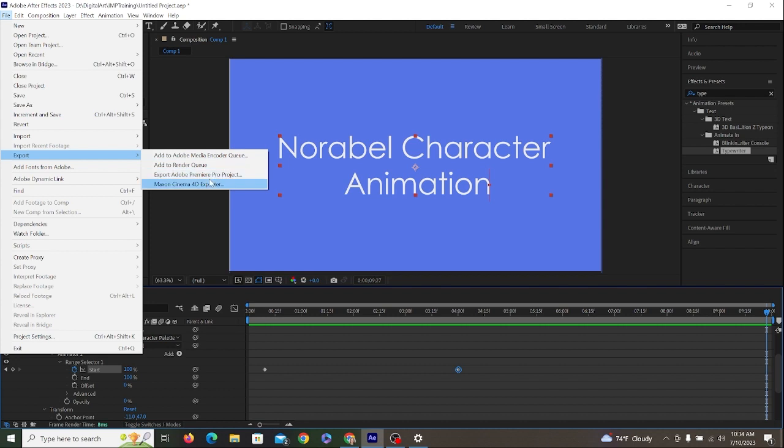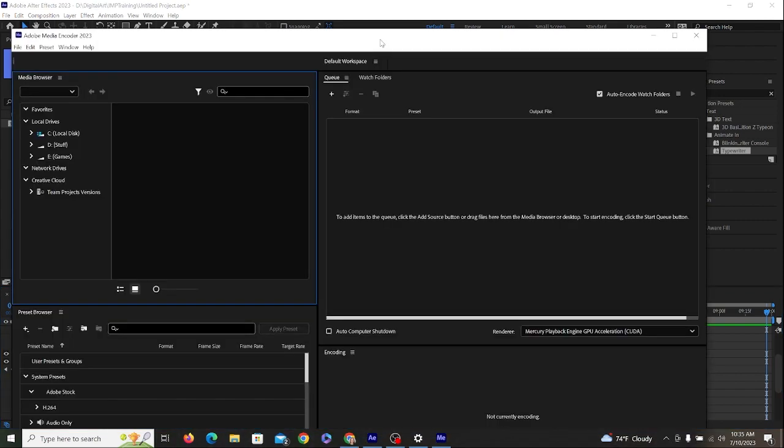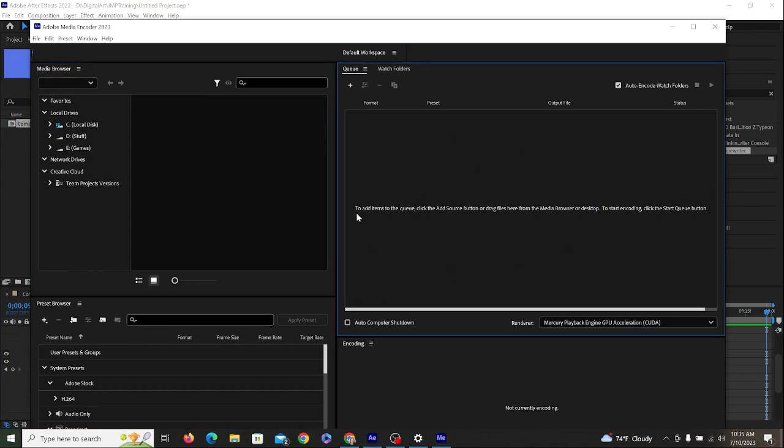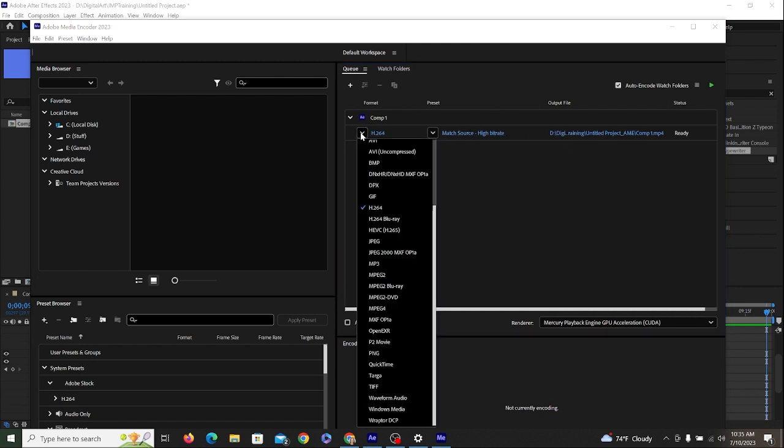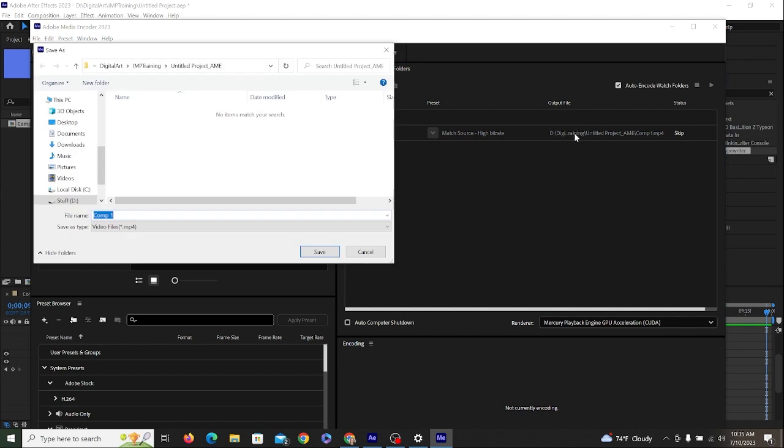I go to export, and I go to add to Adobe Media Encoder queue. I do that just so that my students get familiar with Adobe Media Encoder, since everything does export to this. Normally you have to give it a minute to generate in here. It will appear. It's going to default as an H.264. That's what I want. That's the HTML5 standard. I click my digital output. I can call this